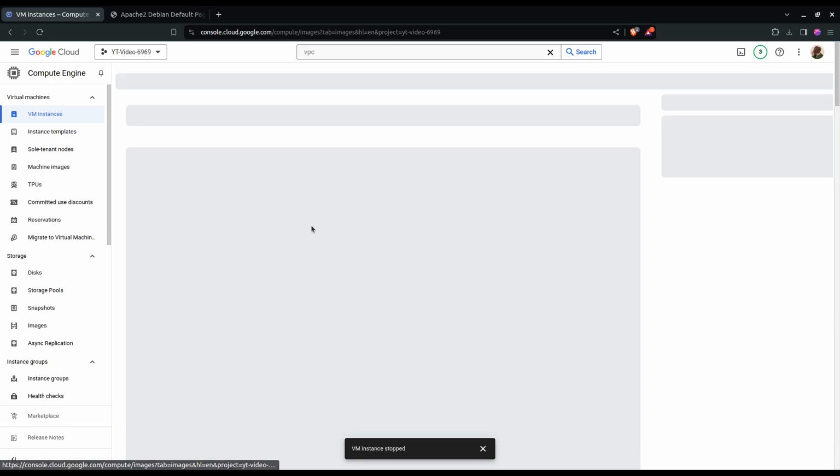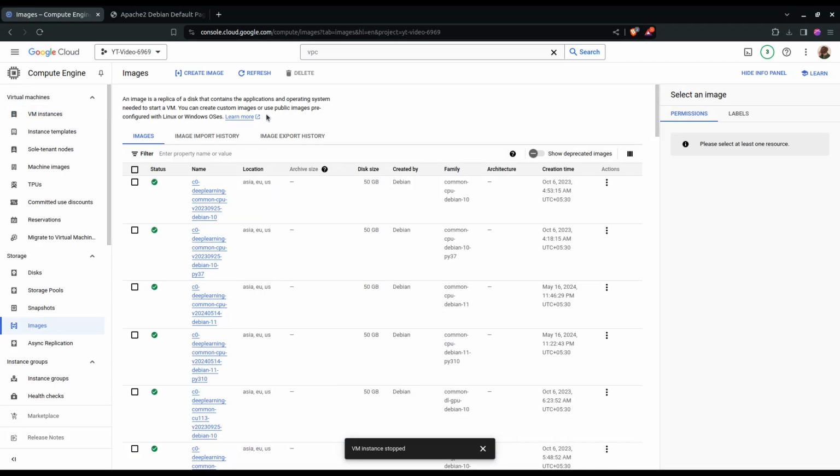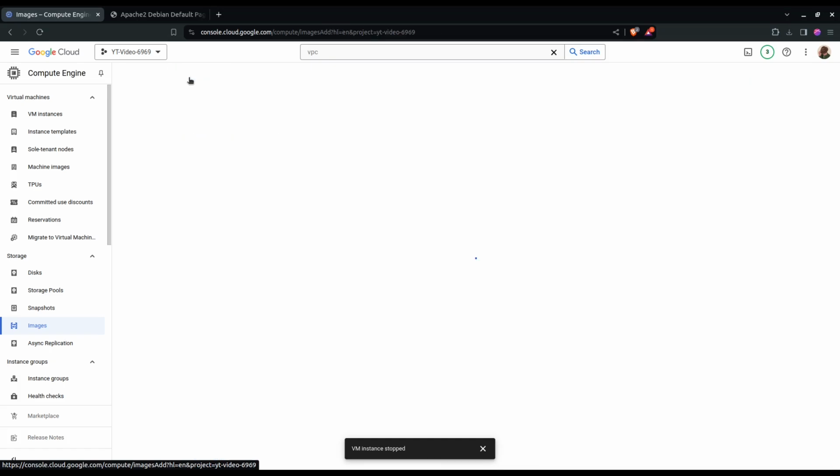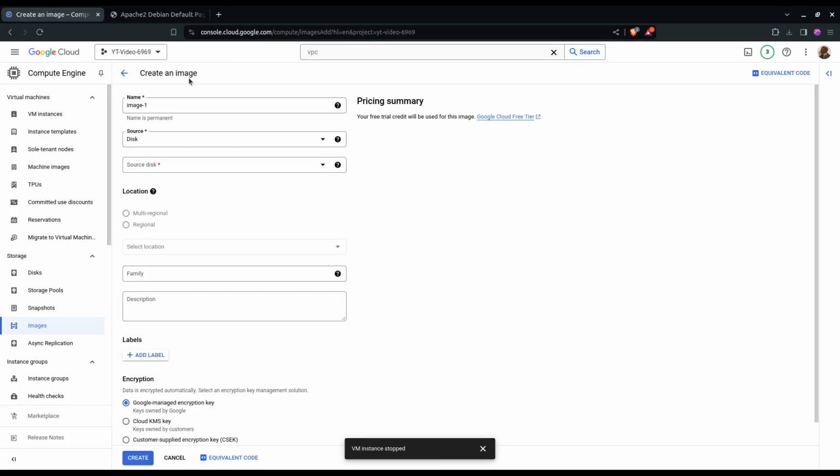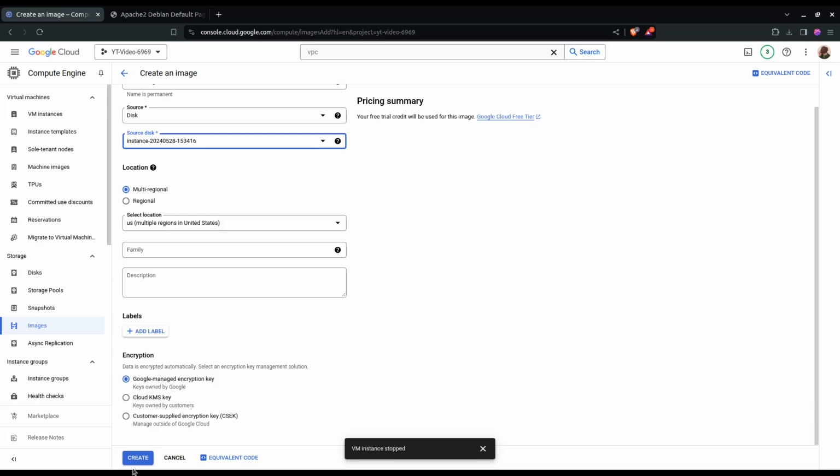Okay, so we will now go back to the images section. Again, these are things you don't really need to know for the hacking part, but I'm just showing you so you have some basic idea of how someone goes and sets up an account, right? So over here, we can change the name to demo image. We can choose the source to be disk, and this will be the one. Over here we can click on create,